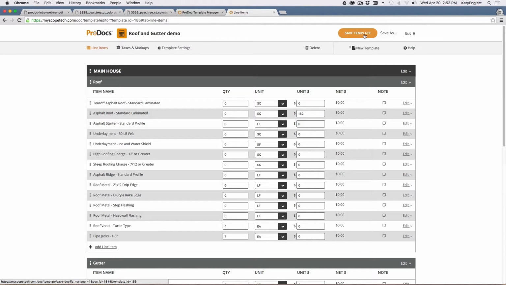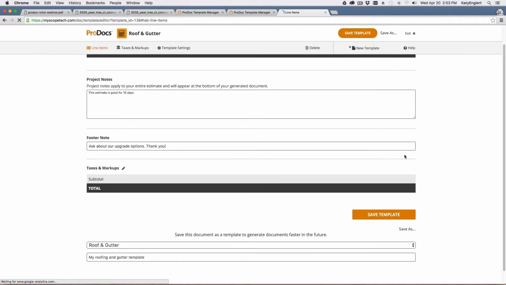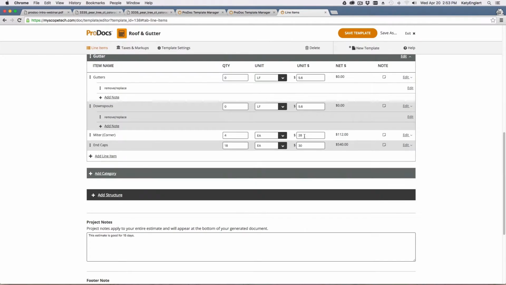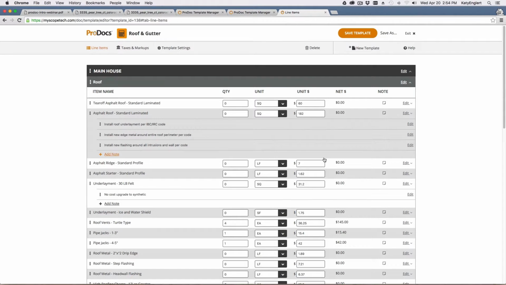And let's jump over to our completed template so you can see what that looks like. This is just for example. And right now you can see that all of my unit pricing here is done. So now that we're here and all of our unit pricing is done, let's take a look at how taxes